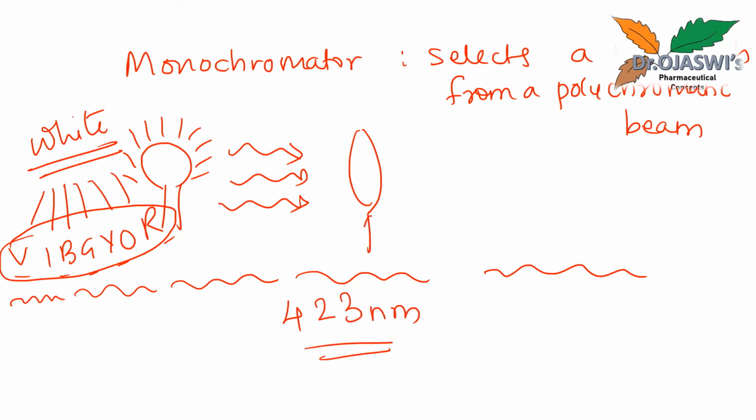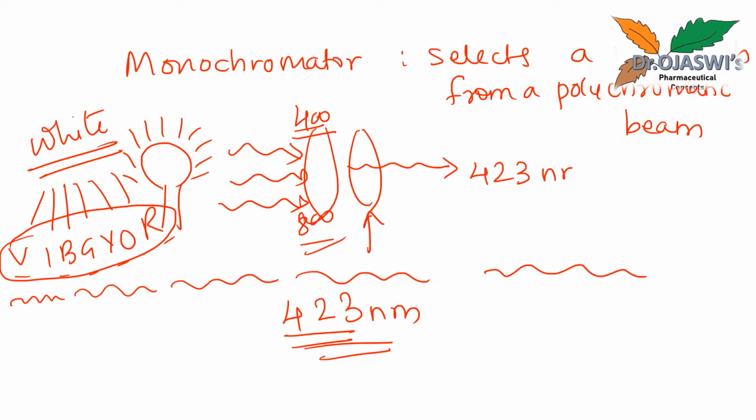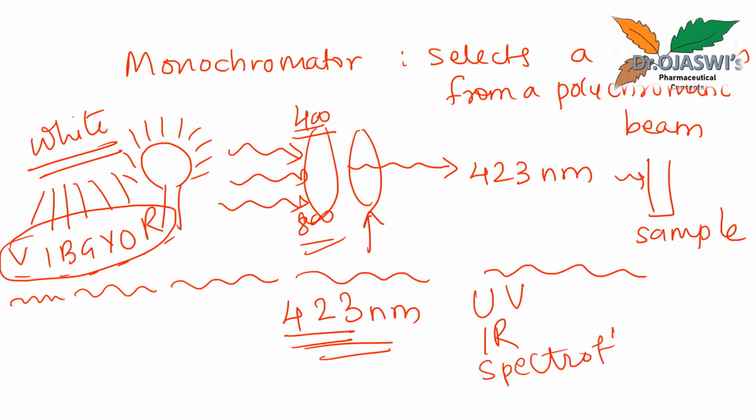Then I will keep this monochromator here. I will give the instruction to the instrument to select 423 nanometers, and from this range of 400 to 800 nanometers, the monochromator will allow only 423 nanometers to pass out. That will then pass through my sample. Such monochromators are present in UV spectrometer, in IR spectrometer, and in spectrofluorimeter also, but in FTIR,